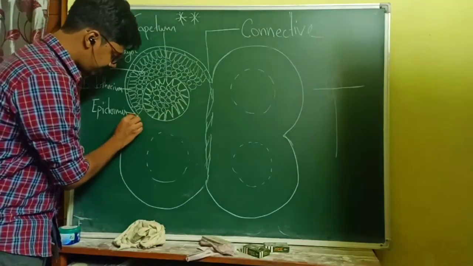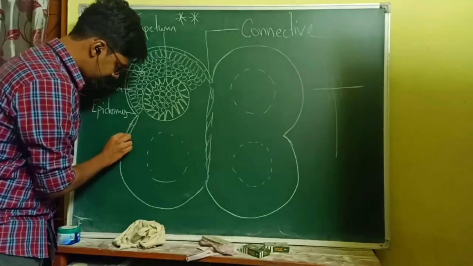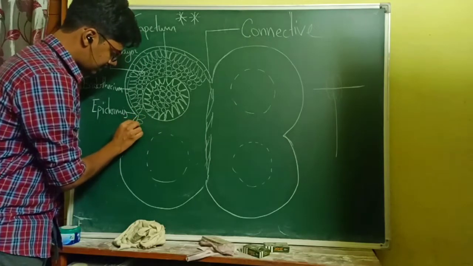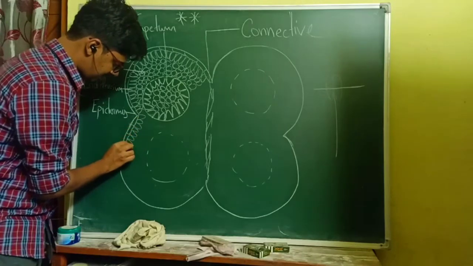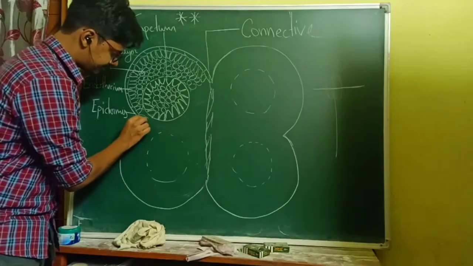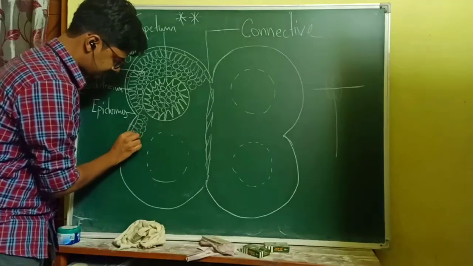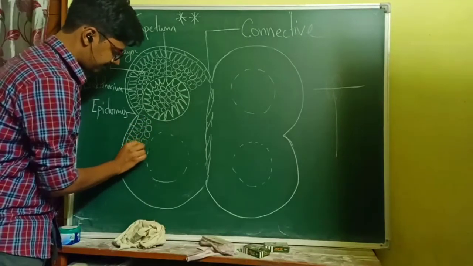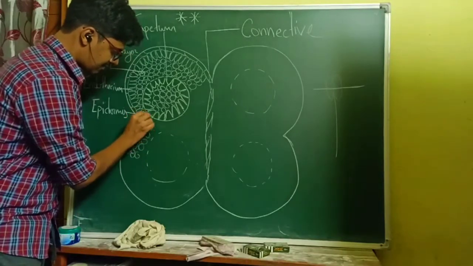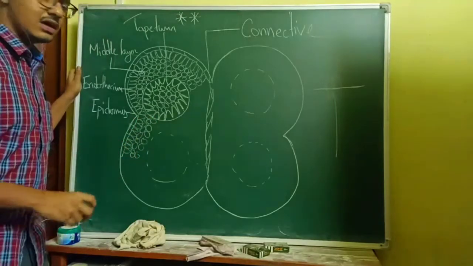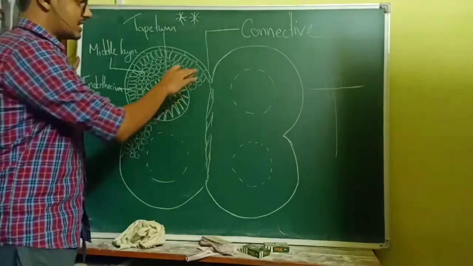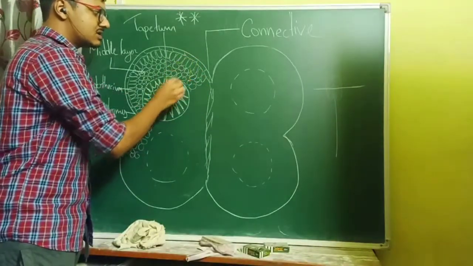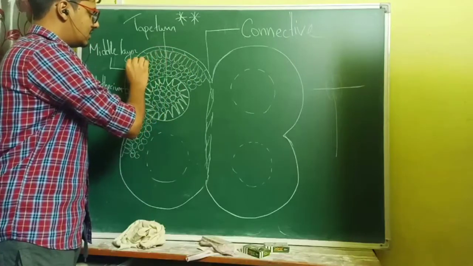Okay, let me draw it further here also. Here also I have extended a little bit. Now if you see from the outside, you will be able to see 3 layers of cells, or 3 types of cells. On the most outer side,